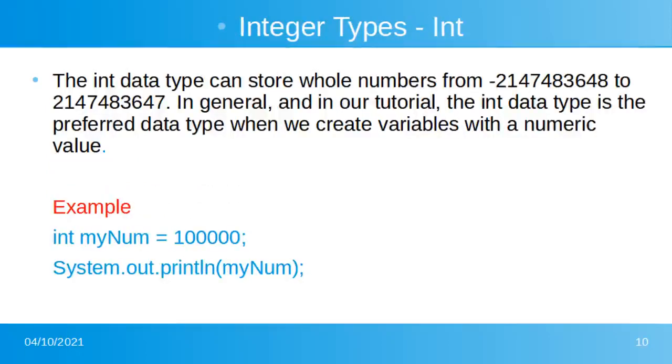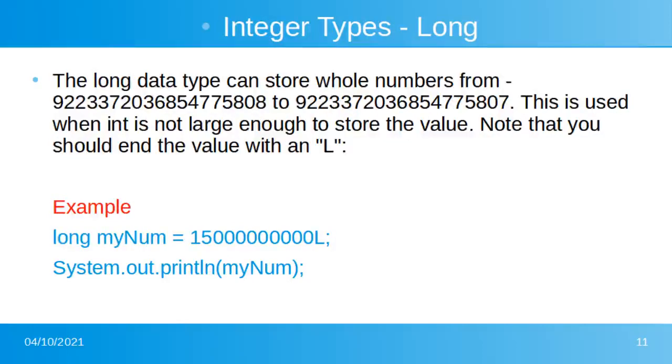The int data type can store whole numbers from -2,147,483,648 to 2,147,483,647. In general, and in our tutorial, the int data type is the preferred data type when we create variables with a numeric value. Example, int myNum = 100000; System.out.println(myNum);